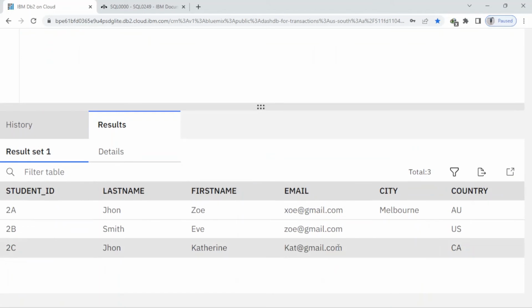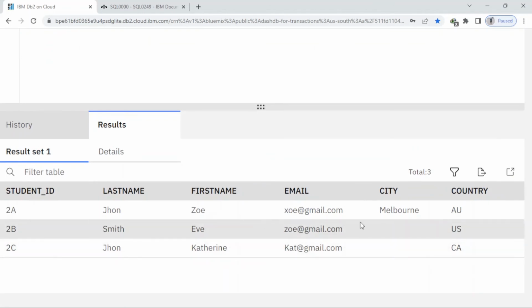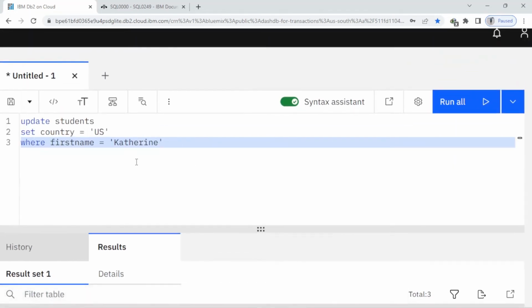So here you can see the first name for Katrin. Here it's Canada, so I want to change it to US. So I just run the query,